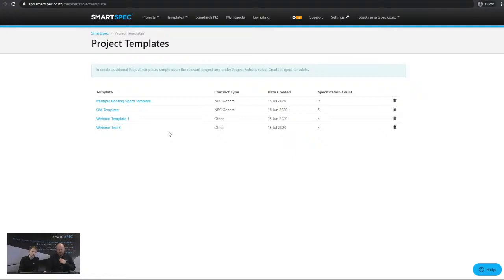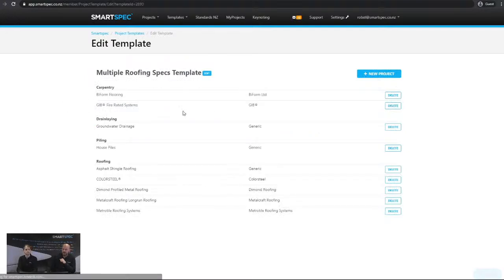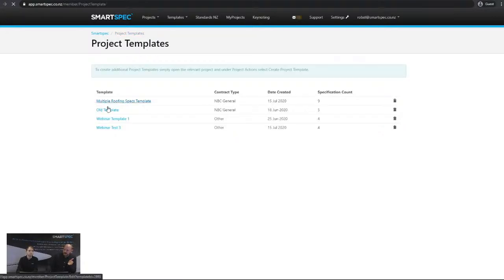Absolutely. And as mentioned before, if you wanted to create a template that contains multiple versions of similar specs, for instance, this multiple roofing specs template, you can see here that I have 5 different types of roofing in this one template. And when I go to create a project from it, I can then delete the ones I don't need on a project by project basis. Back to templates, and